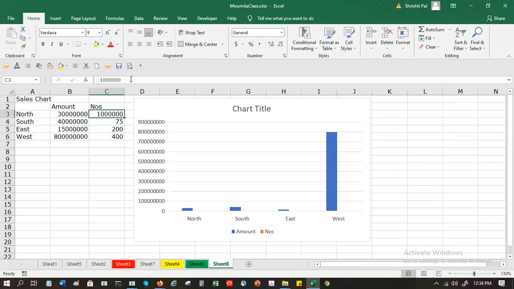Exactly. So what we are doing, we are having two ranges of numbers here. One is in millions, one is in hundreds. So ideally we should have two scales, one to show the millions, another to show the hundreds.